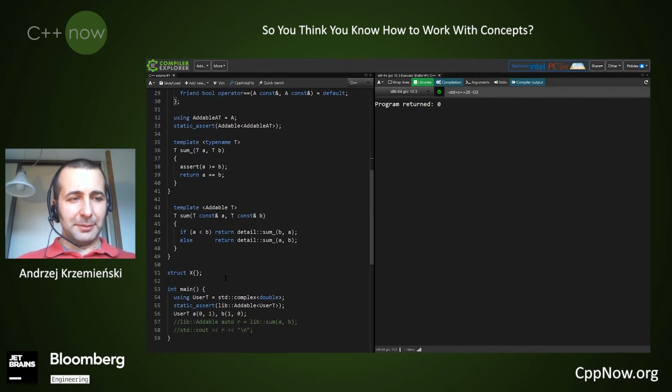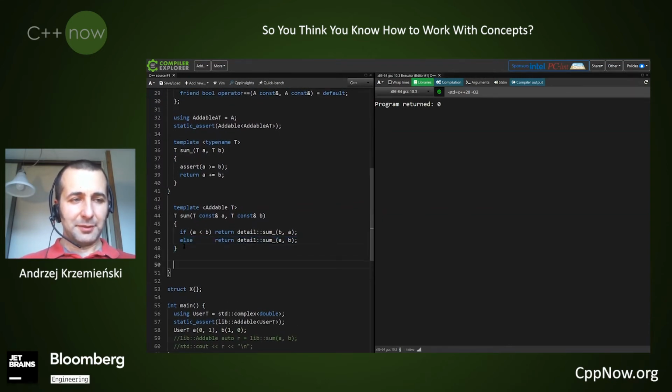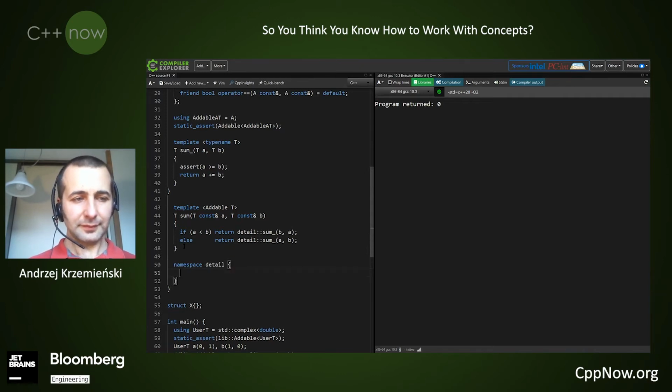Again, it will be an implementation detail. So let's go with namespace detail. We will use some function for testing. And the test is to actually instantiate my algorithm with this archetype.